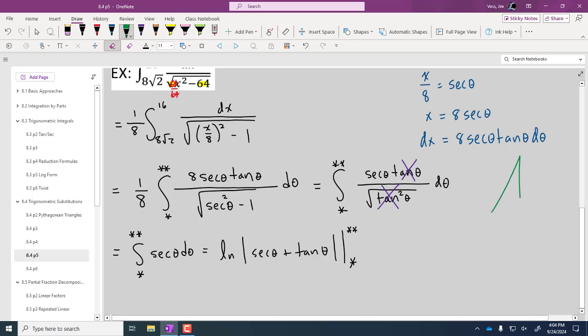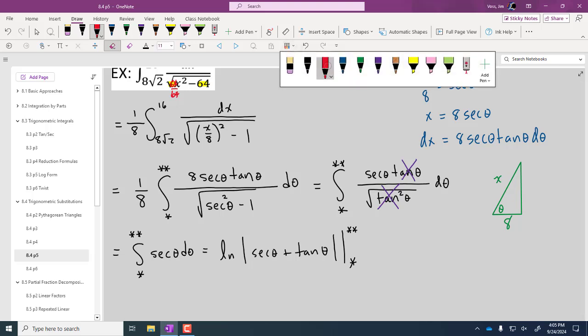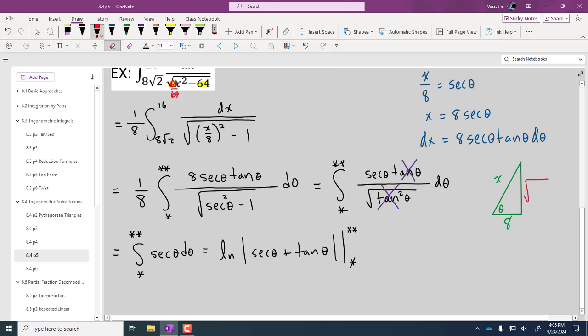It's going to take us from thetas back to x's through the gateway triangle. Secant is x over 8. Secant is hypotenuse over adjacent. Then we need to figure out our missing side, which will be the Pythagorean. So square root of,